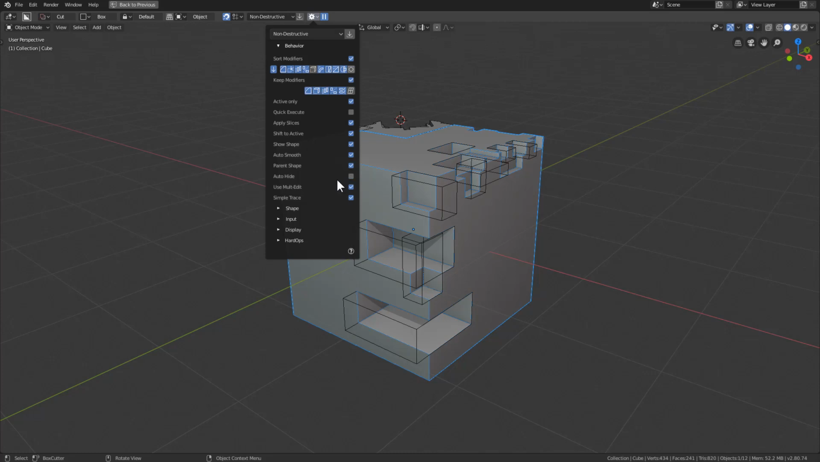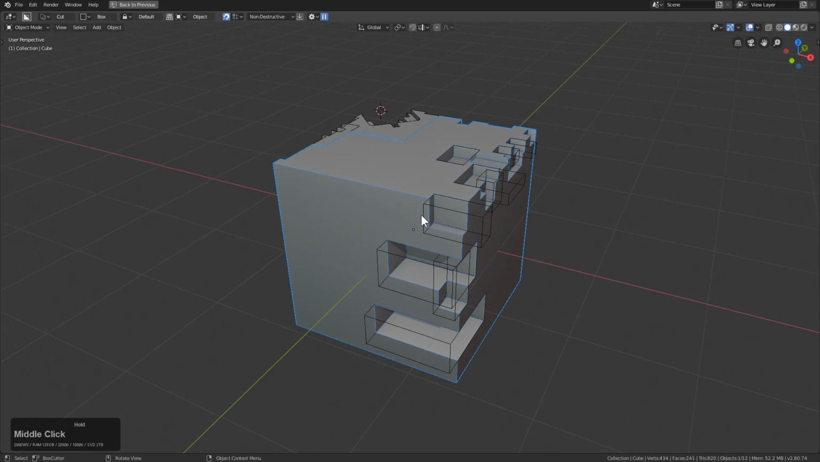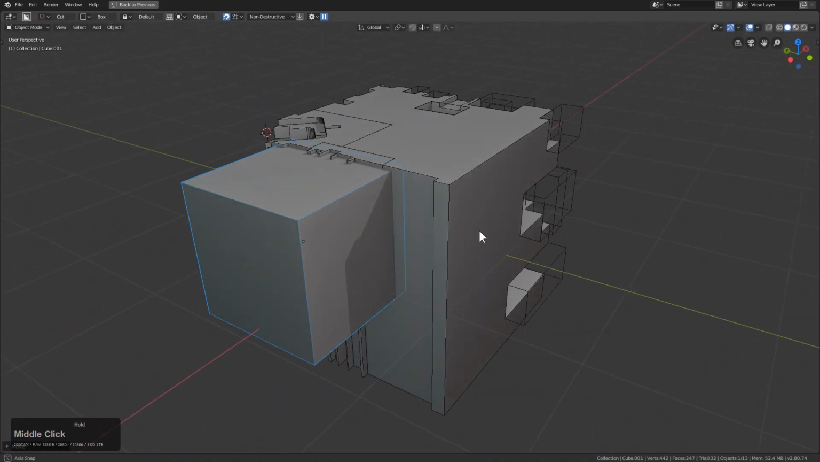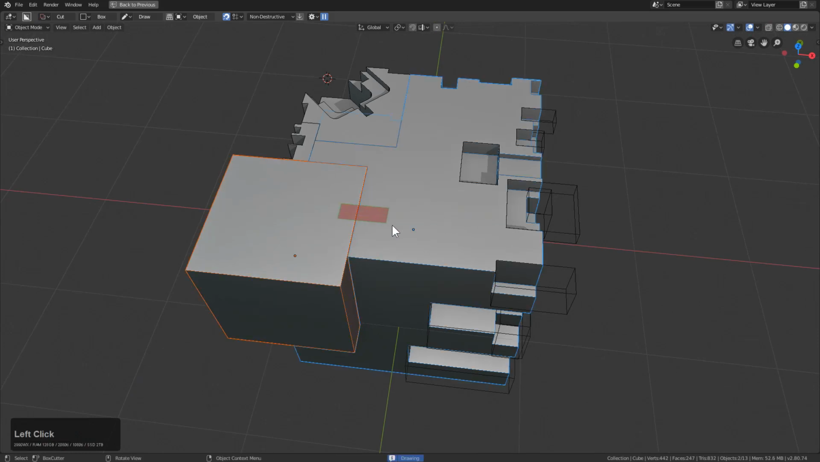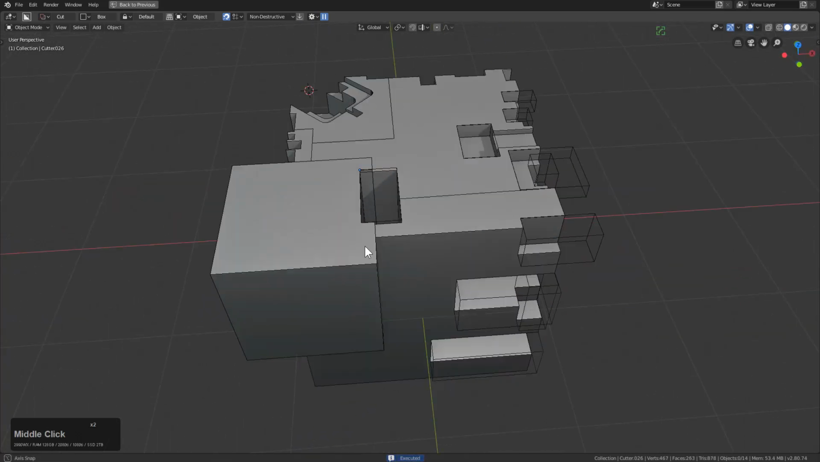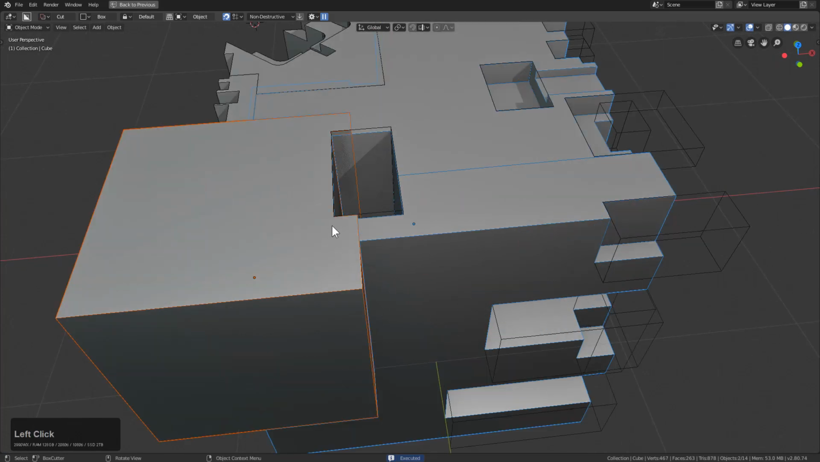Auto hide we already discussed. Multi-edit means that we can have multiple selections here and make a cut and affect them both, except we want to turn off active only, and we're able to just work between them both as long as they are both selected. In fact, we have show shape in here as well, and with that,